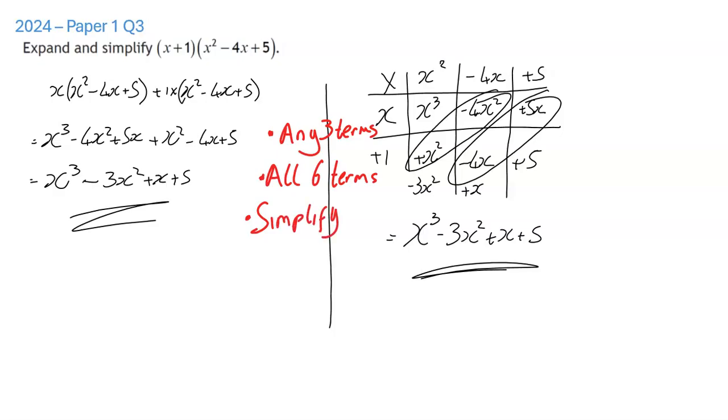Now one thing to remember, say you got one of the elements wrong. Let's say I looked at this element here and I ended up with a plus 4x. I would lose the second mark. We'll assume we got everything else right. I would lose that second mark. But if I simplified it correctly and in my final solution I had plus 9x, I could still gain mark number 3. Because even though I've made an error before, I've still simplified correctly with that error,